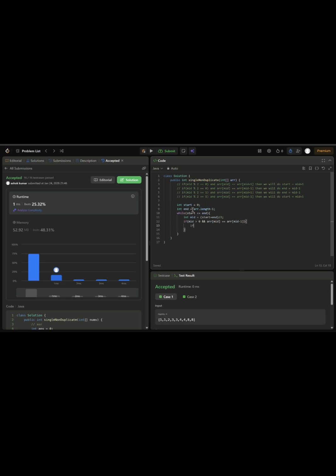So here we will check if mid modulo 2 equal to 0. This is our case here, mid minus 1, so we'll do end equal to mid minus 1,